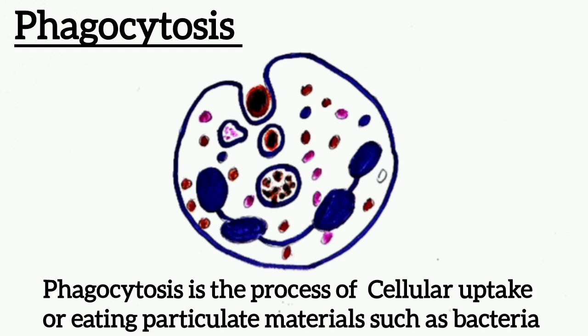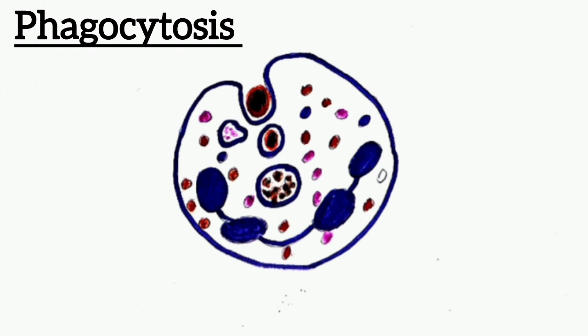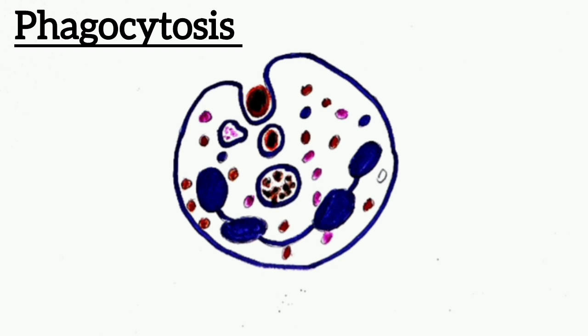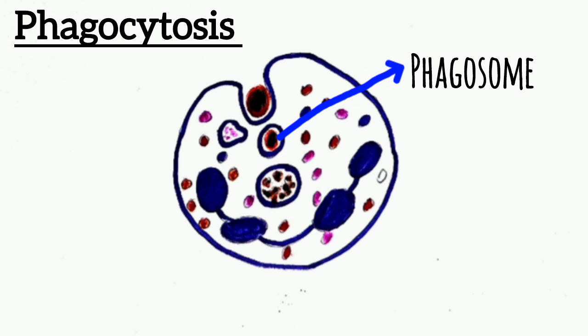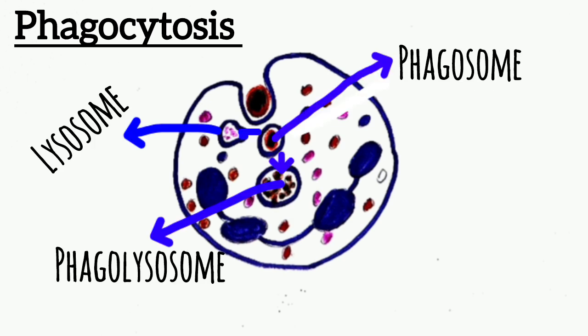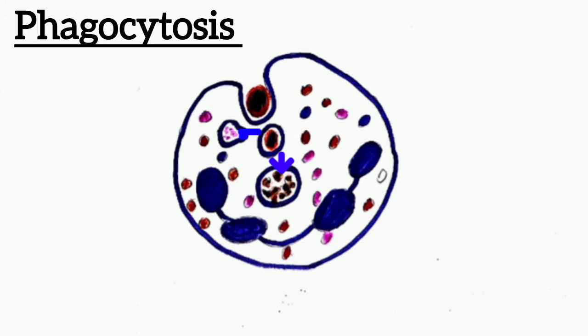Phagocytosis is the cellular uptake, that is, eating, of particulate material such as bacteria to eliminate them. So to eliminate a pathogen, these innate cells use the phagocytosis process. In this process, the first step is that the bacterium becomes attached to a membrane evagination, which is called pseudopodia. Then the bacterium is ingested into the cell and forms a phagosome. The phagosome then fuses with the lysosome and forms a phagolysosome, and the bacterium is killed and then digested by the